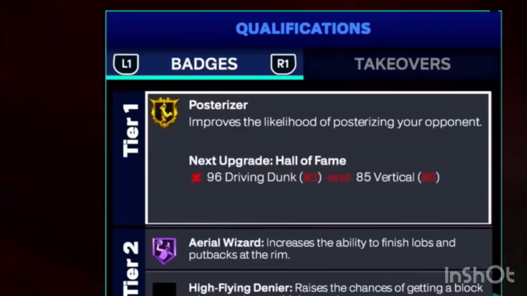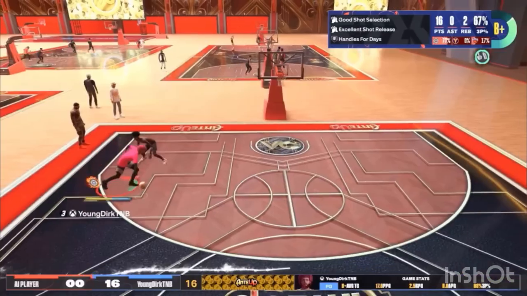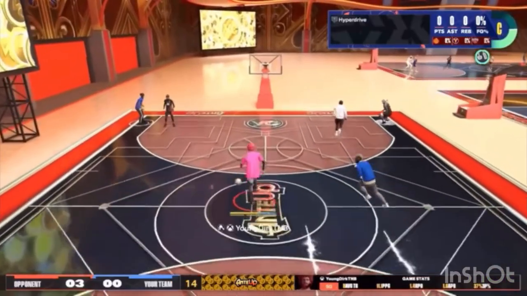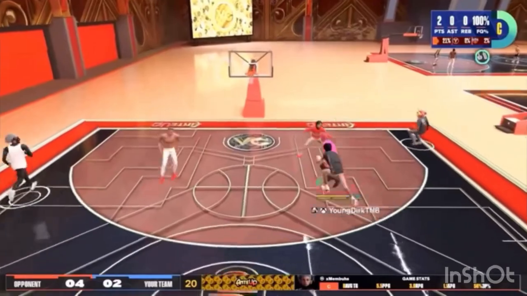Driving dunk for posterizer on gold. And then we're gonna slide down to the vertical, put it at an 80, and this is going to get us pro contact dunks off of 1 and pro contact dunks off of 2. If you guys do not know, most of the year, last year, I ran pro contacts over elite. This isn't a big deal. As long as you have the contact animations and the posterizer on gold, in my opinion, that's really all that